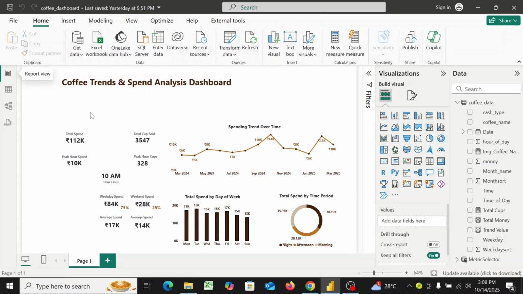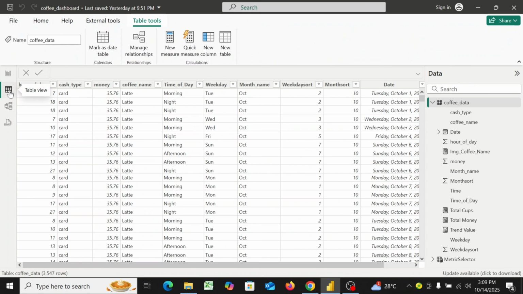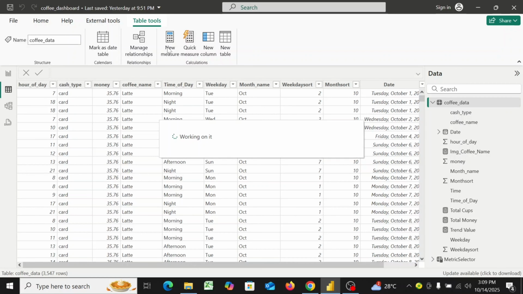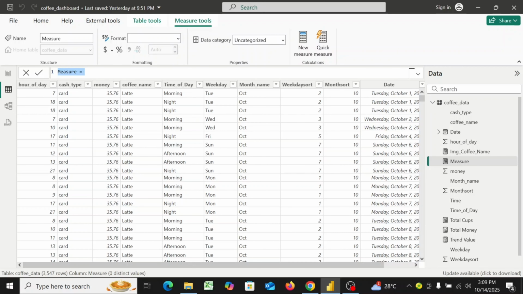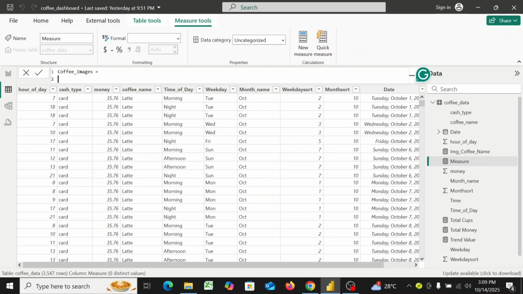To create a button slicer, first we need to create a new measure of coffee images. Take a new measure in table tool. Coffee images equals SWITCH